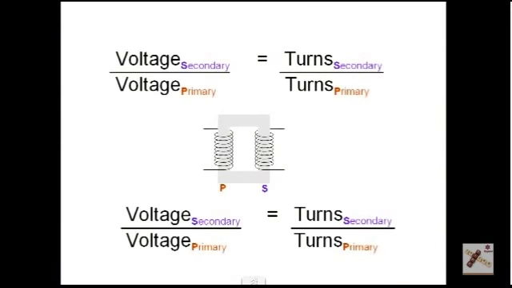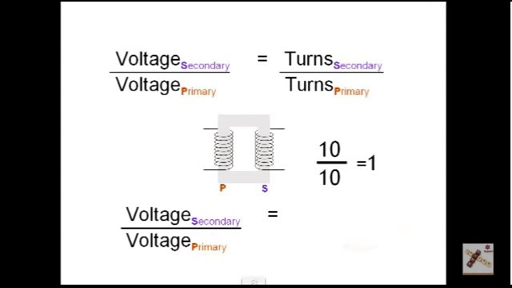This is the transformer formula, and it's one that you need to know. It simply tells us that if we take the ratio of the voltages, secondary divided by primary, it's the same as the ratio of the turns, secondary divided by primary. Easiest way is to go through some examples. If we take 10 turns on the primary and 10 turns on the secondary, we look at the ratio, secondary divided by primary, and it's 1. 10 divided by 10 is 1. If we put that into our formula,